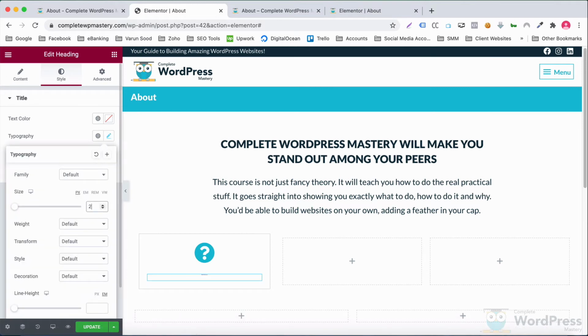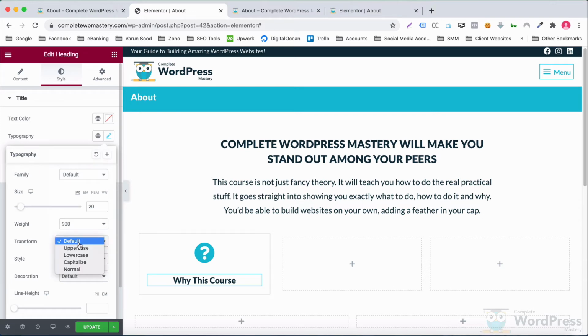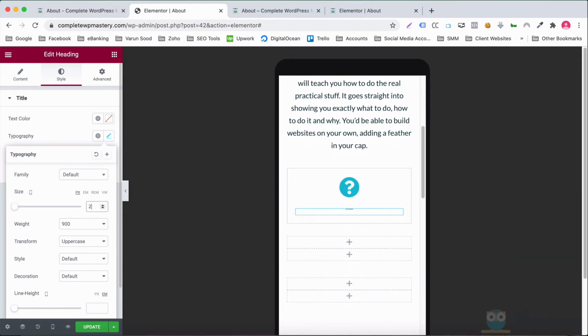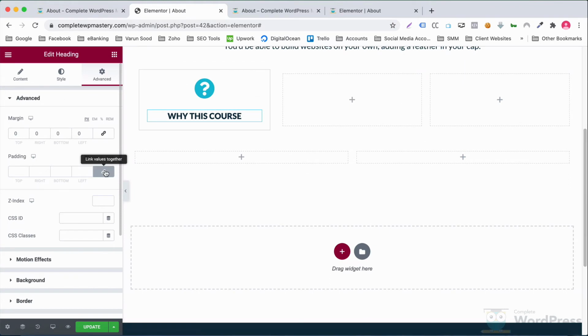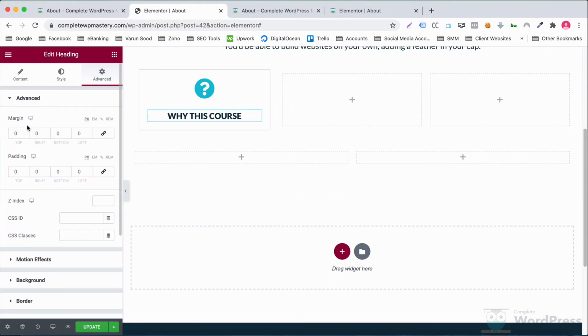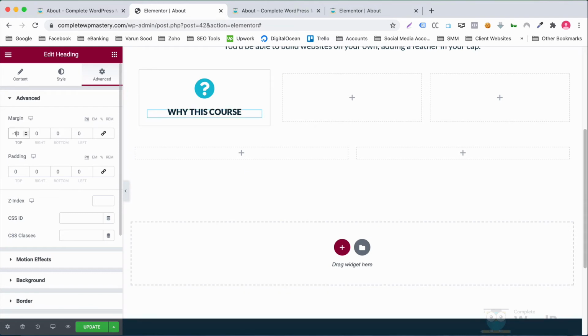Adjust its font size and weight and make it uppercase. Let me actually have a top margin of -10 pixels on this to move it upwards slightly.